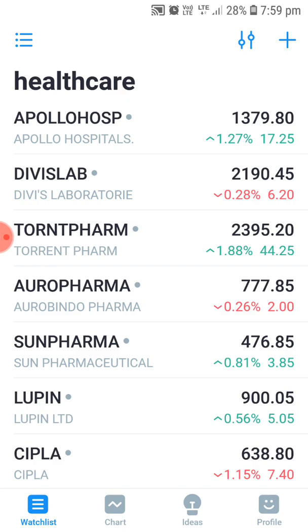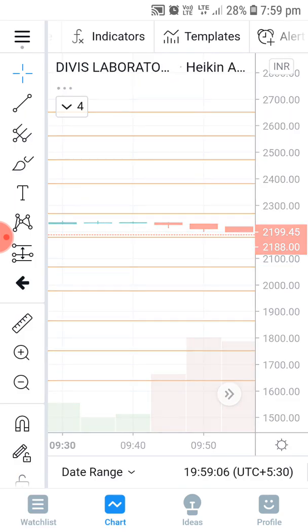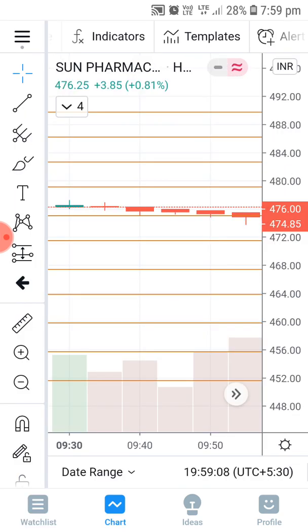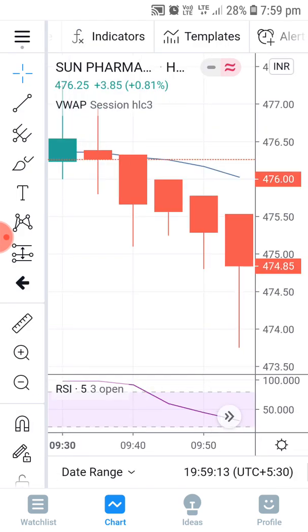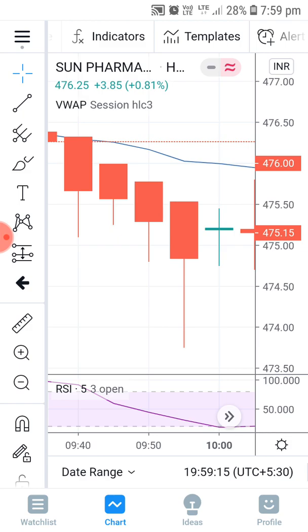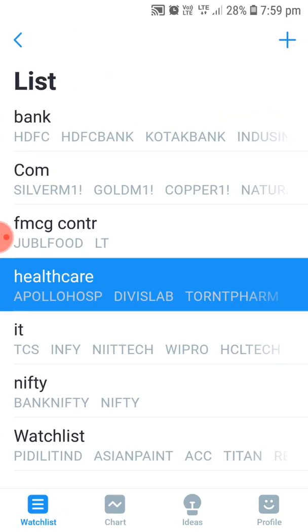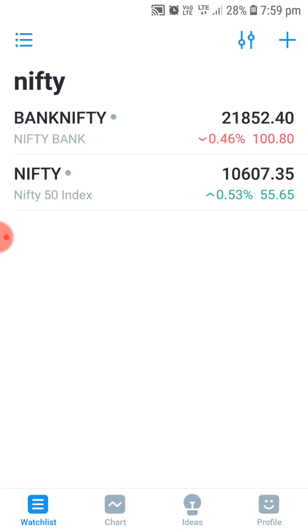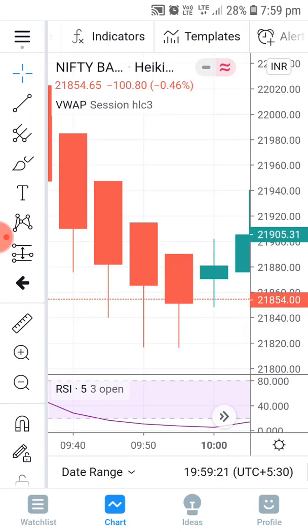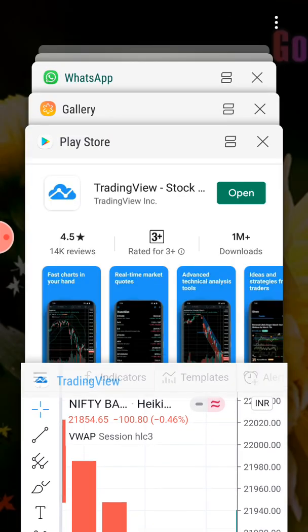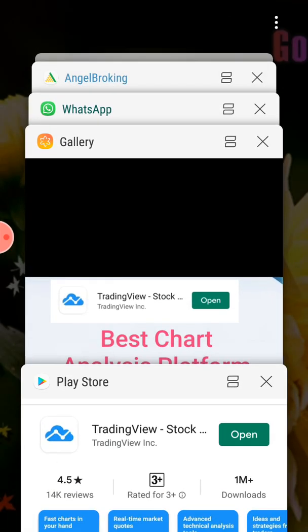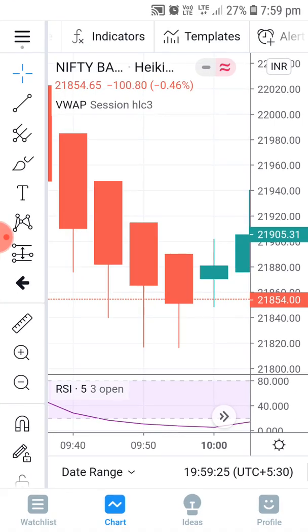The major advantage of this TradingView is that you get the entire information in one click. If you want to see RSI, immediately your chart is ready here, and if you want to watch some other stock, like Nifty or Bank Nifty, you will be getting everything in one click. If you are using any other application, you know how much time it takes to load.